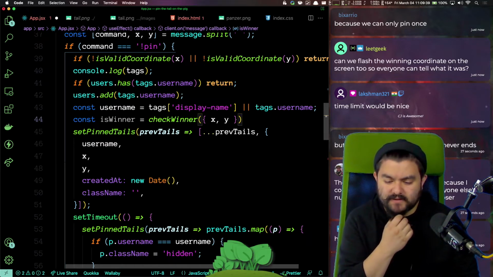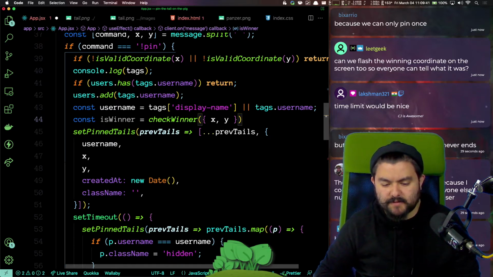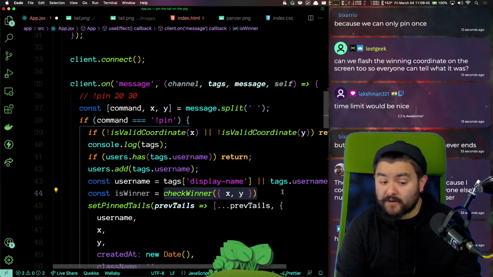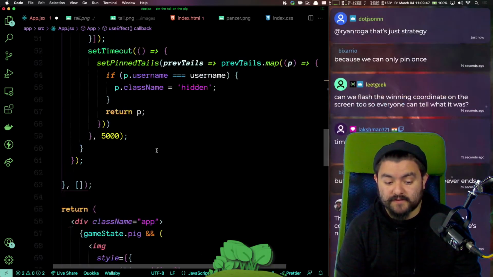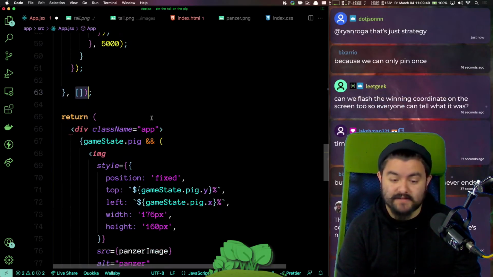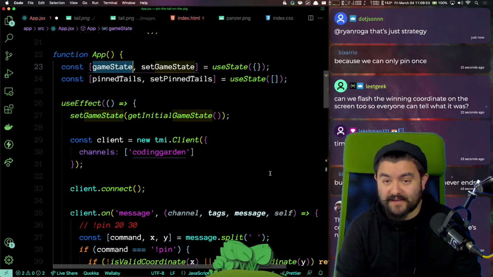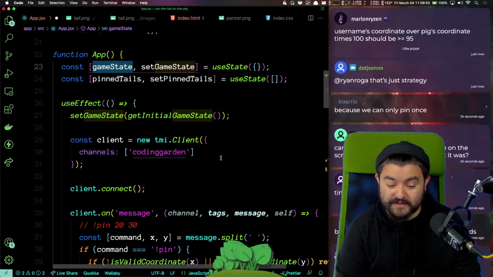Yeah, I think that's a good plan, Leaky, because we'll actually show the coordinates on the screen. All right, I want to check the winner, but I'm inside of this use effect that does not have access to game state, and game state is the thing that actually has Pig's actual coordinates on it.